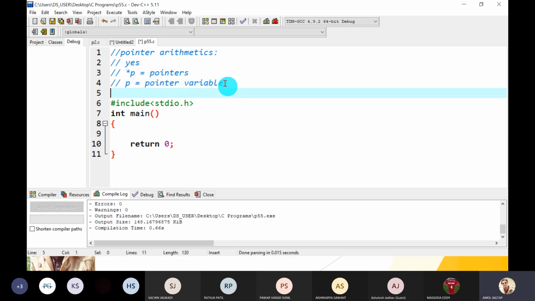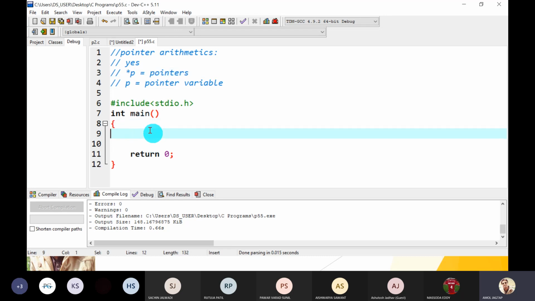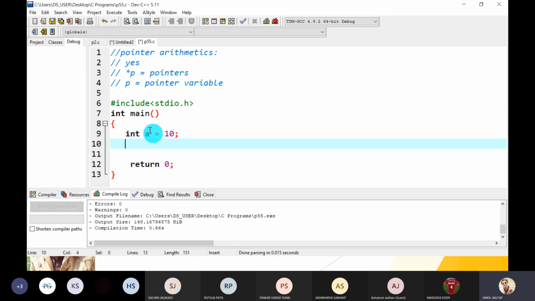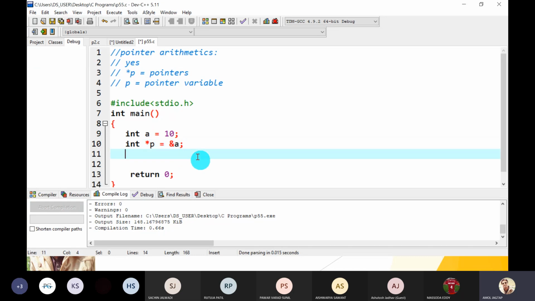Whenever we create a pointer, say integer a is equal to 10, it is a value variable. Integer pointer p is equal to address of a, that is, it stores the address of variable a in pointer p. It is an integer pointer type of variable.